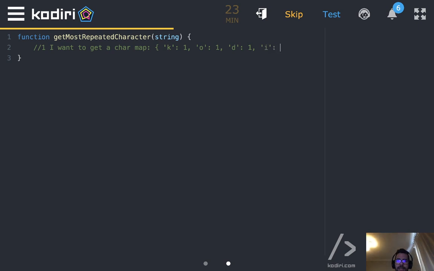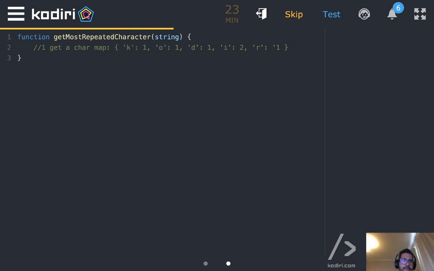I is listed twice. And finally, R is listed 1. You see? I'm building an object where I have all the keys of my string, K-O-D-I-R, and then a number representing how popular each character within that string is.